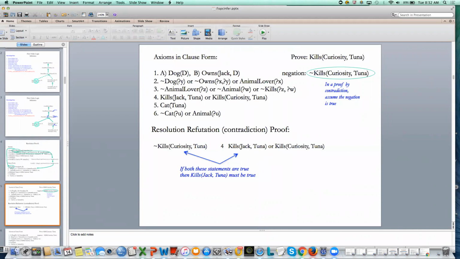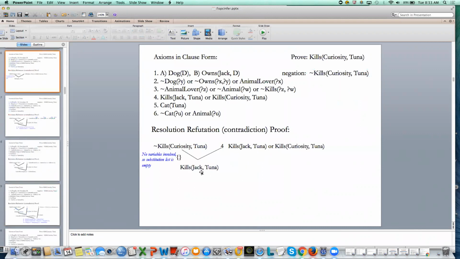But over here, part of this disjunction is curiosity killed the cat. And so for those both to be true, it must be the case that Jack killed the cat. Okay? And so